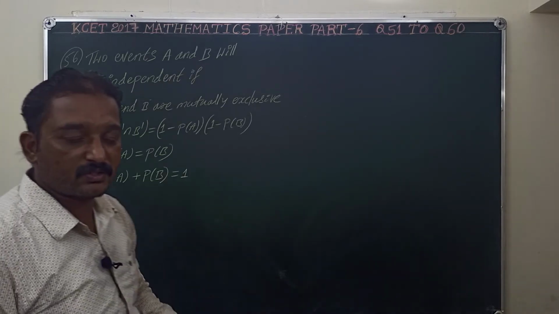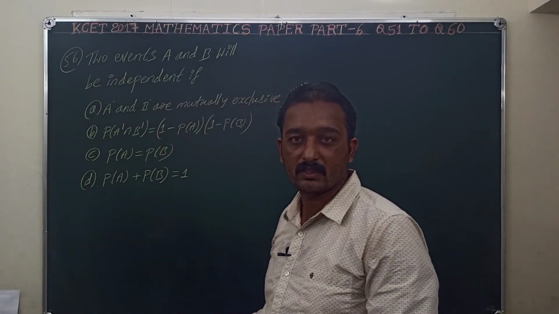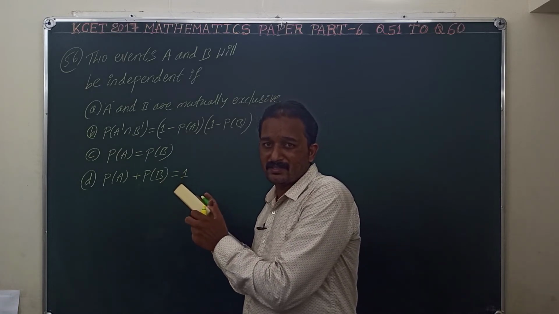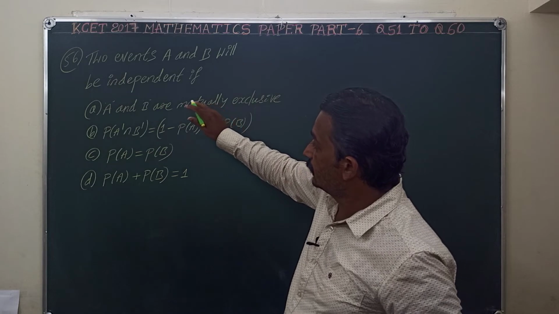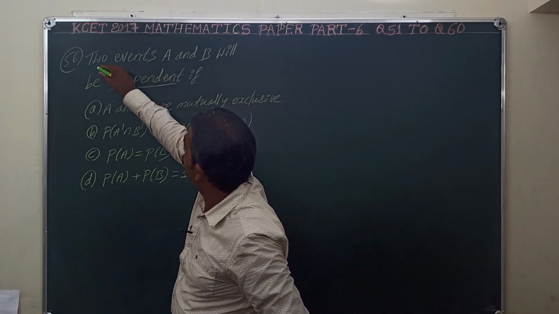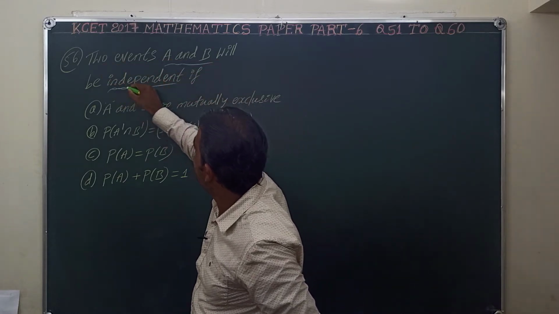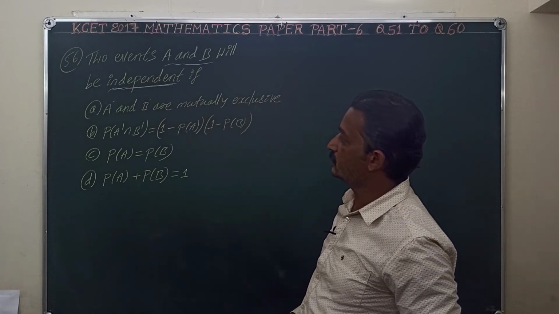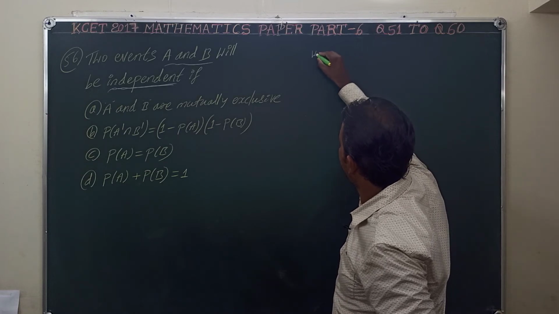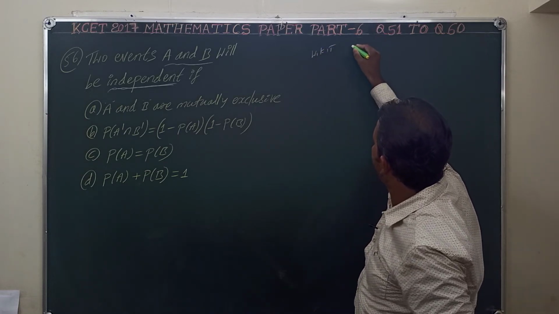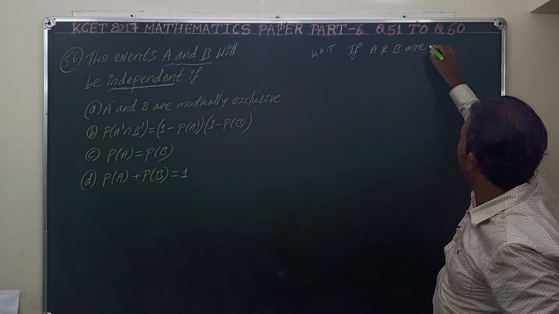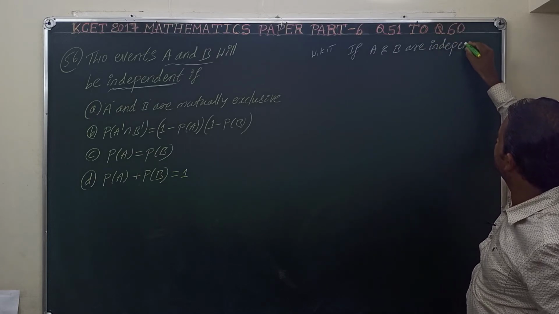So now let us move on to question number 56. Once again this question is based on the chapter probability which belongs to the second year. Particularly it is based on independent events. It is given two events A and B are independent. In which conditions? We have to find out the conditions. We know that if A and B are independent events,